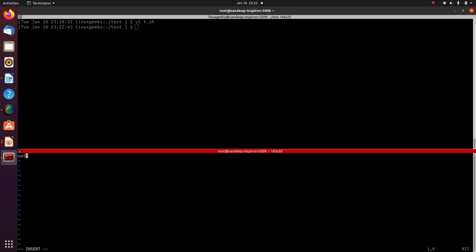The watch command is basically used to execute any command and watch its output after a period of time. Here I want it to run every 2 seconds and give me the output of the program